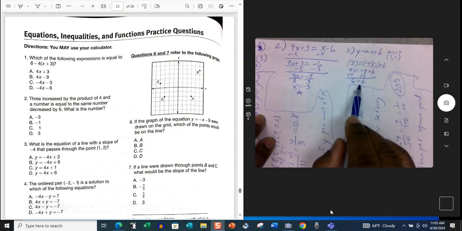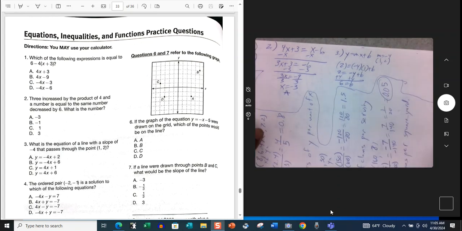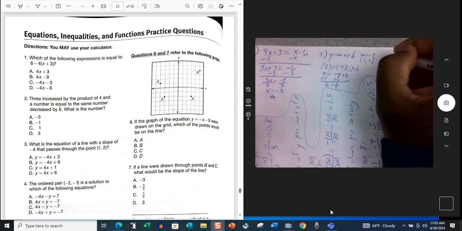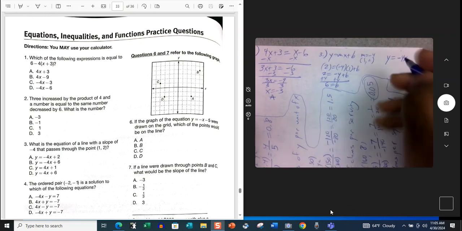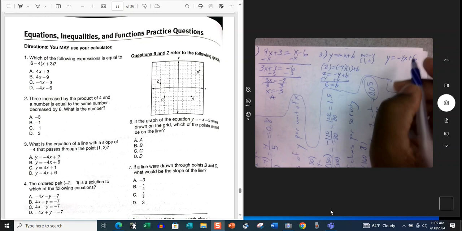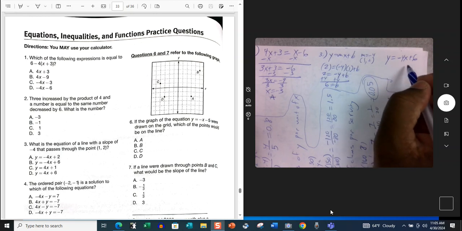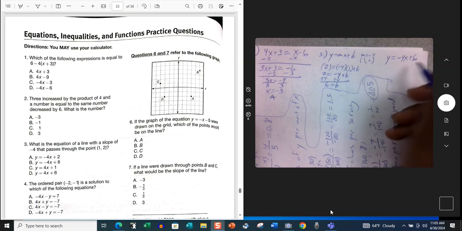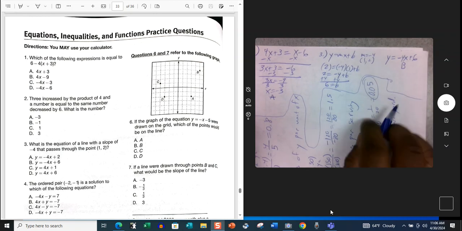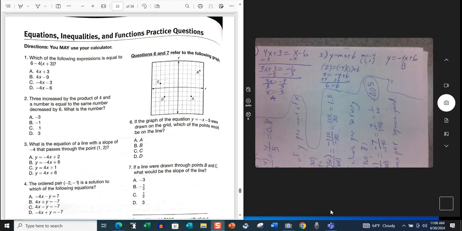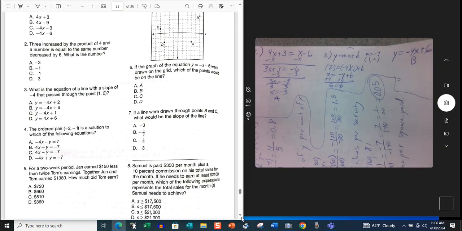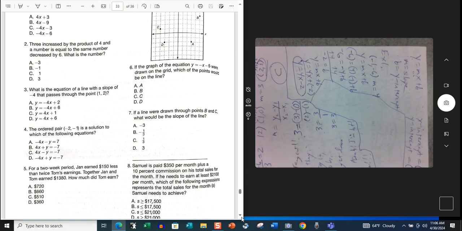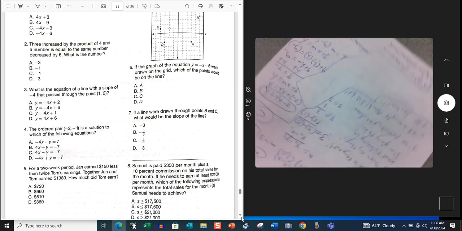Now we have what b is equal to, so now we can substitute. So we will have y is equal to the slope negative 4, x, and then b is 6. So this would be our equation here, and that is actually b. So that is how we would complete problem number 3. Now we move on to problem number 4. Okay, now with problem number 4,